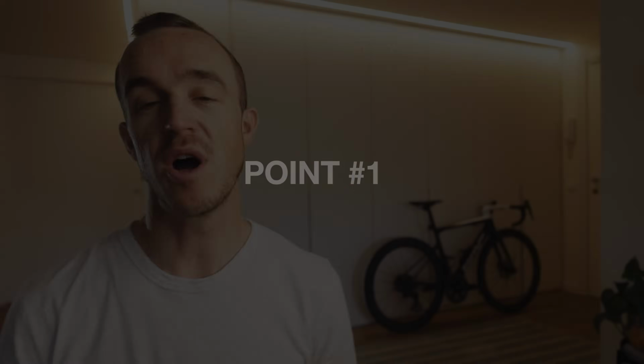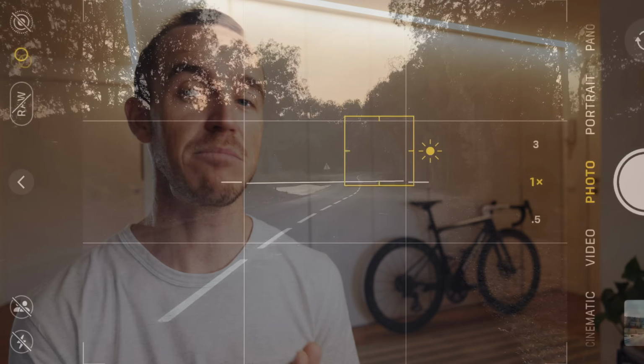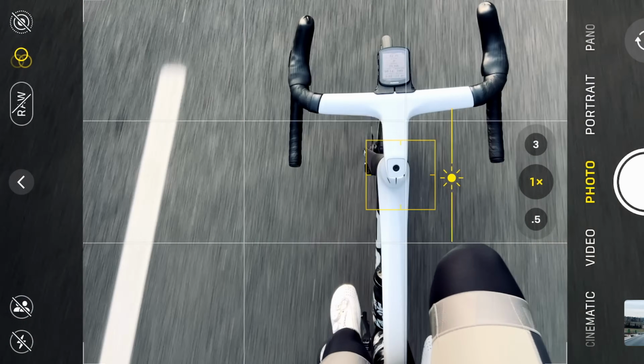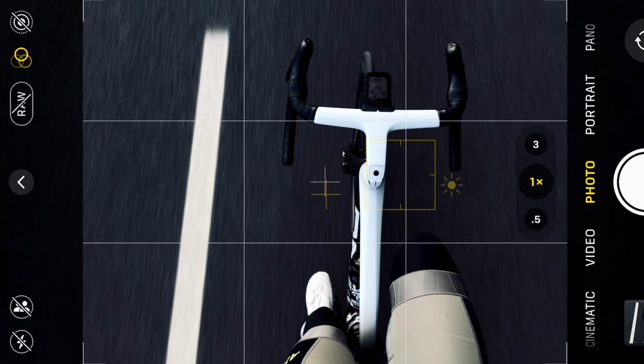Okay, so you've watched part 1, you understand how to use your phone. You want to go out and take some better cycling photos. Where do you start? This is one of the key messages that I get the most while I'm on Instagram. How do I take better cycling photos using my phone? My number 1 response for everyone who ever messages me about how to take better cycling photos is this: shoot